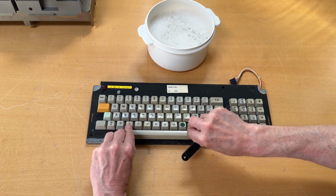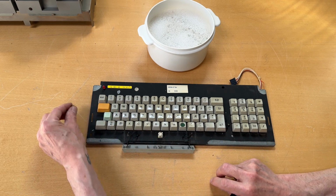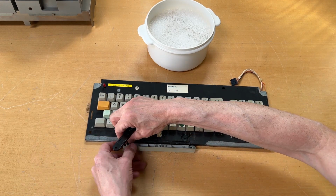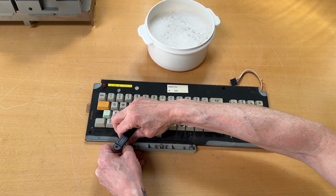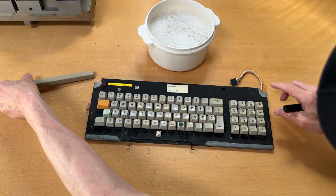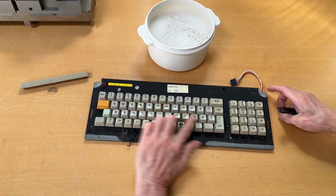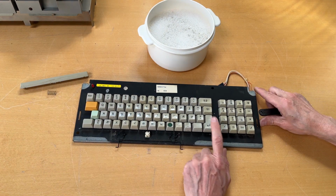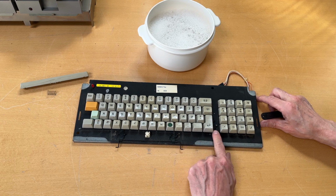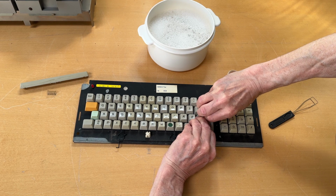Obviously the spacebar here has a spring and has the stabilizer in it. Let me just briefly take it out like this. Don't want to lose the spring. The spring is higher than the rest of the keyboard, and on the enter key over here there's also a stabilizer. So when you take this off,